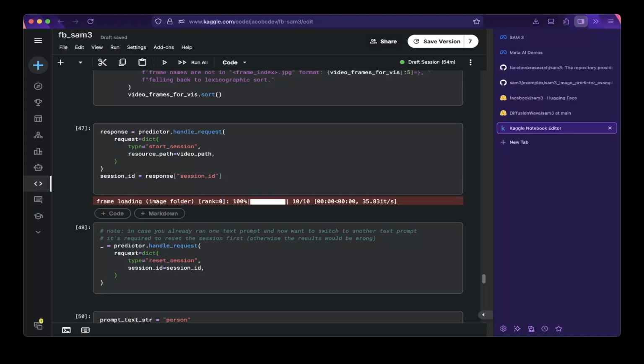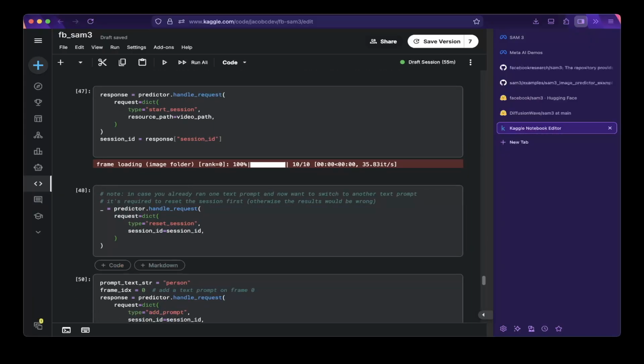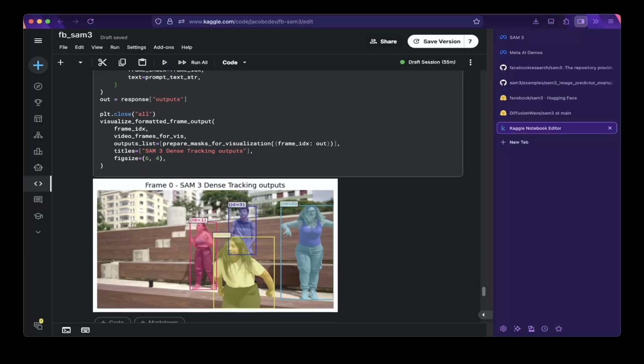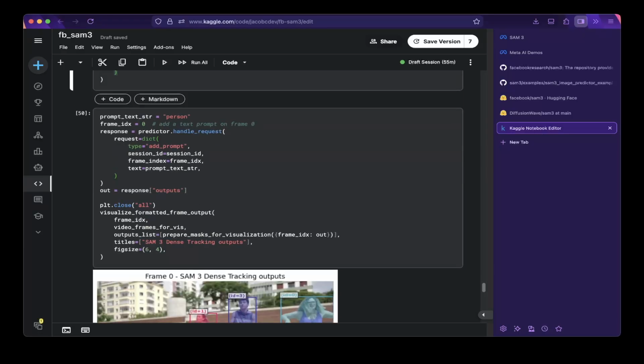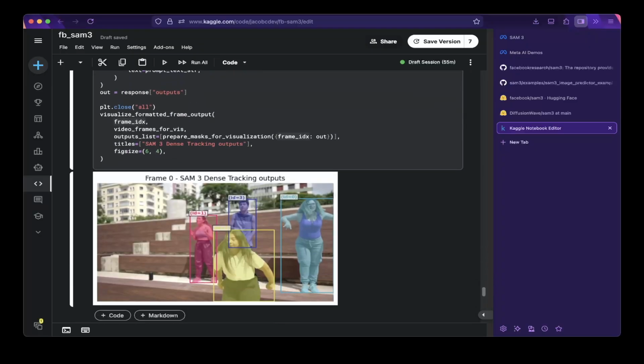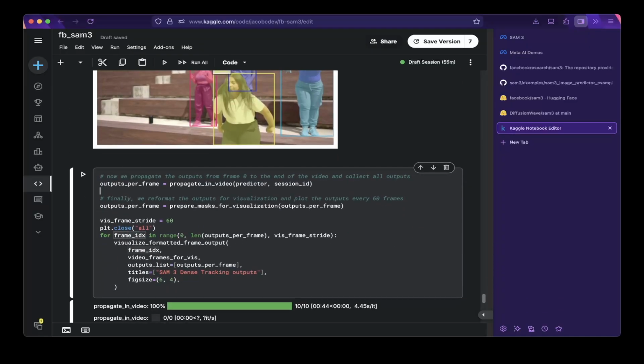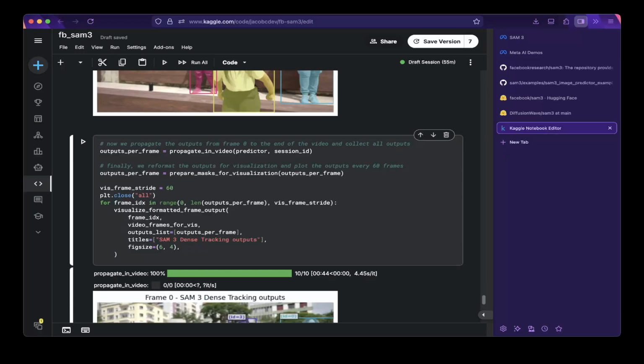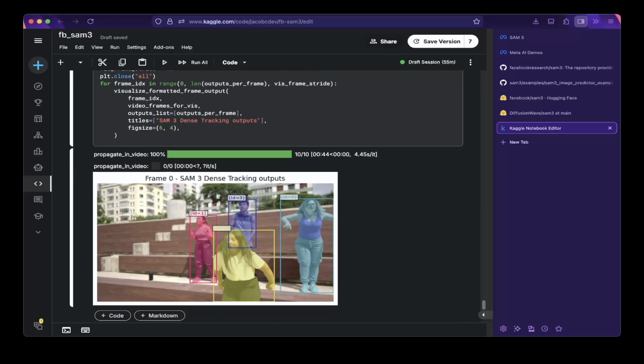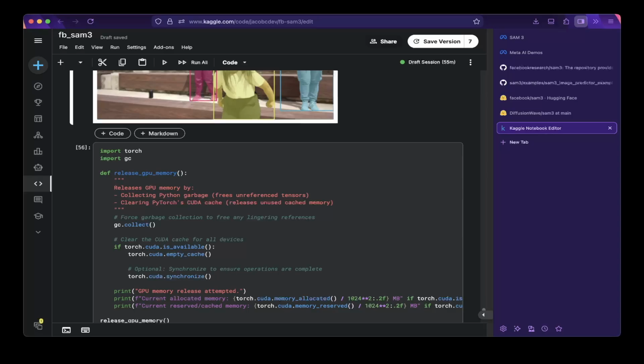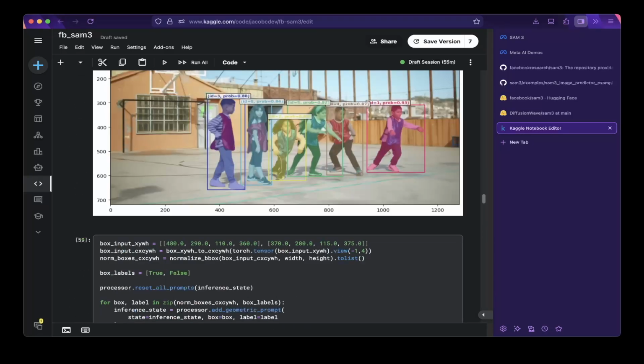You can see there are 10 images loaded, and everything is being identified. This is basically one image, frame index 0. We have 10 frames, but this is just one frame, and you can see one frame has been identified. If you want to check out all the frames, you can just run all the frames like that, but in the notebook I think they actually output only one frame. You can see it has been run for 10 frames. That being said, this is how you test the examples of SAM3